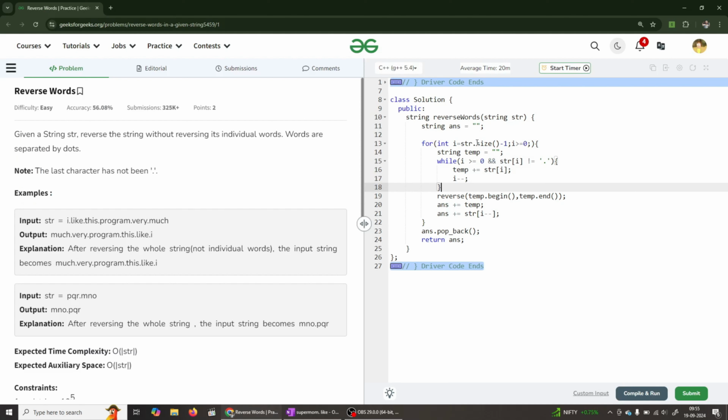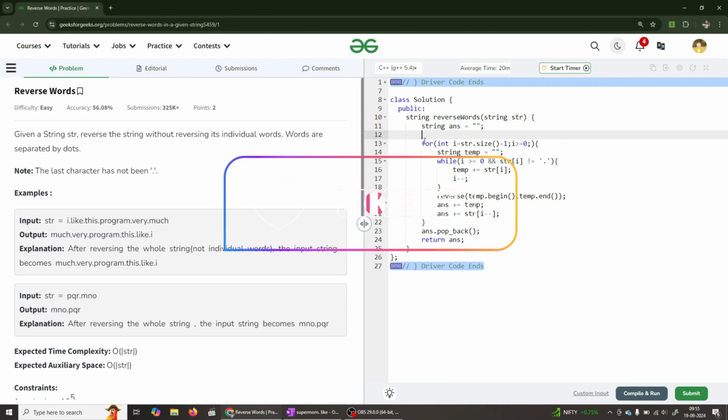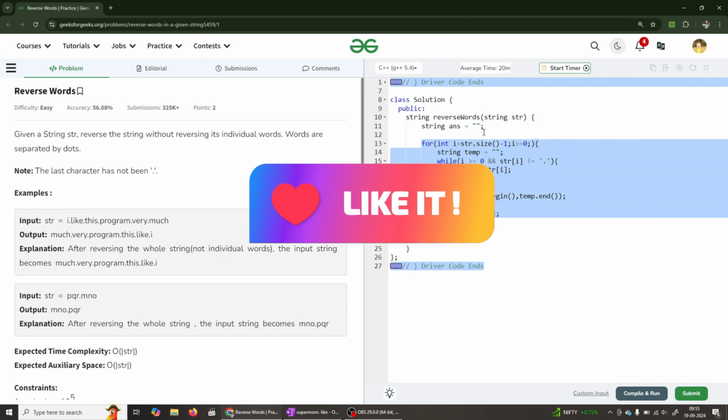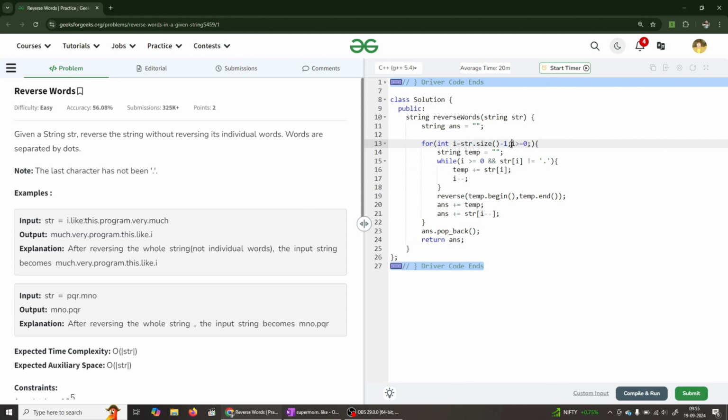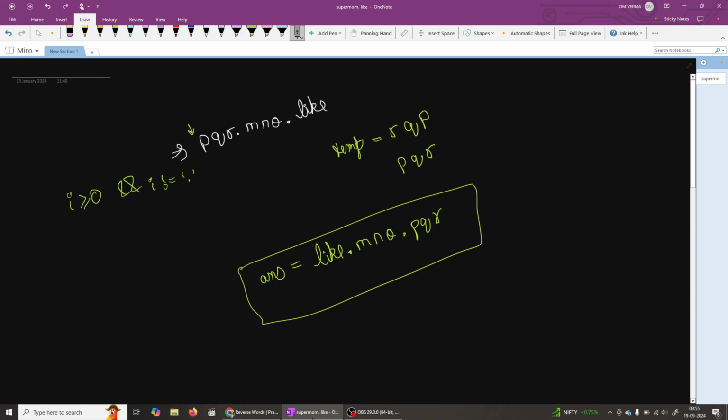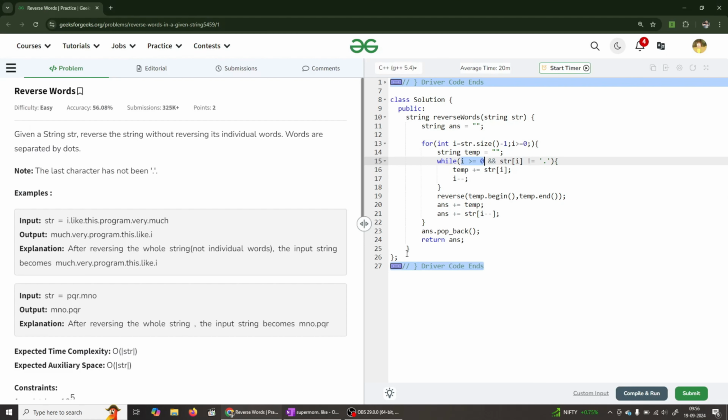Now let's see the code. As I have told you, I have initialized a string variable. I'm looping the string str from the backside, from str.size() - 1, while i is greater than or equal to 0. I'm not incrementing the i value here because every time I'm running a while loop. I make a temp variable, and while i is greater than or equal to 0 and str[i] is not equal to dot,